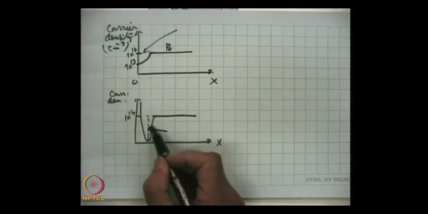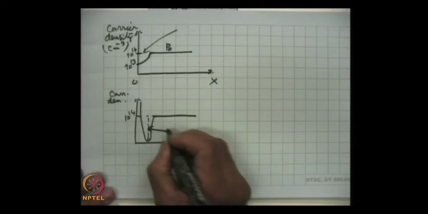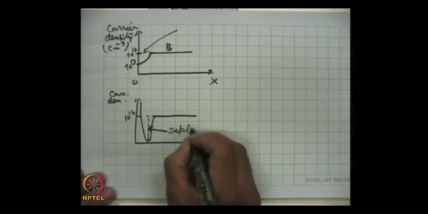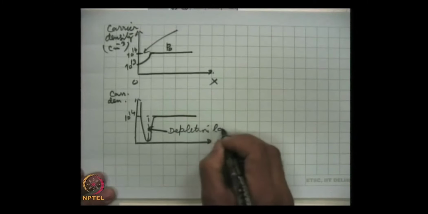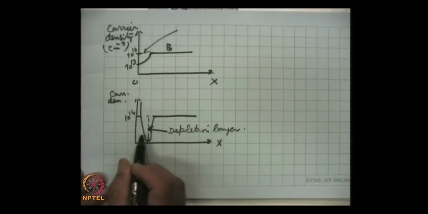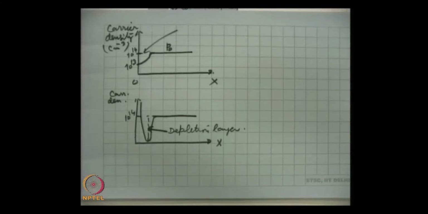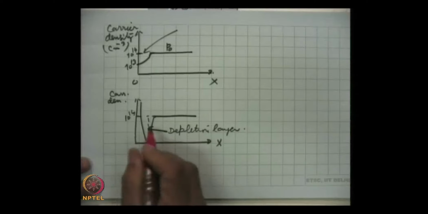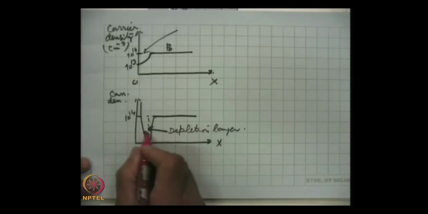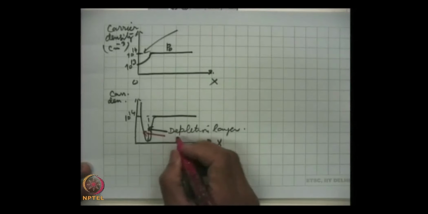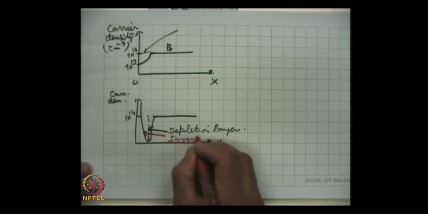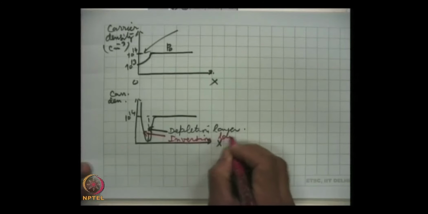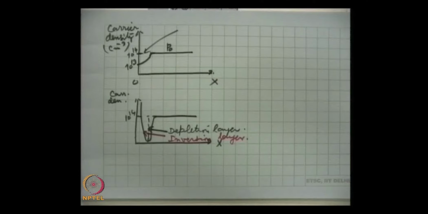So, finally, this will be the depletion layer. And this one, let me draw it in red, this is the inversion layer. Why inversion? See here,